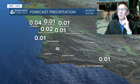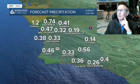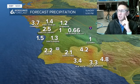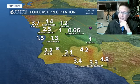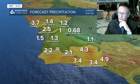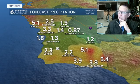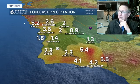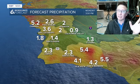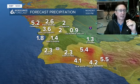So from what we just saw there, this is our 3-kilometer modeling that says by the time we get into Sunday afternoon, we're already an inch in the interior to 3.5 to 5 inches on the south coast, anywhere 1 to 4 inches for the central coast. But when we keep this going through Sunday night into Monday, now you can see how it's starting to add up. And the interesting thing is this projection, if anything, is, let's call it conservative,